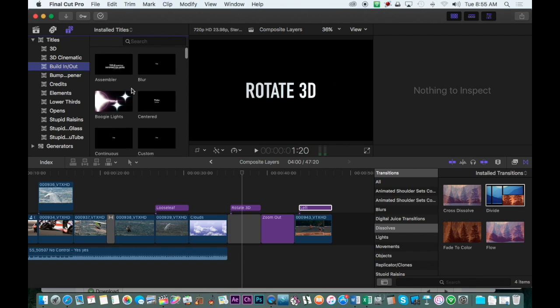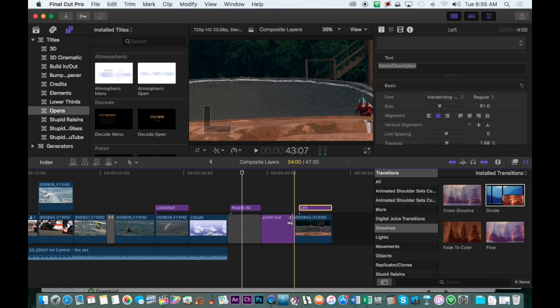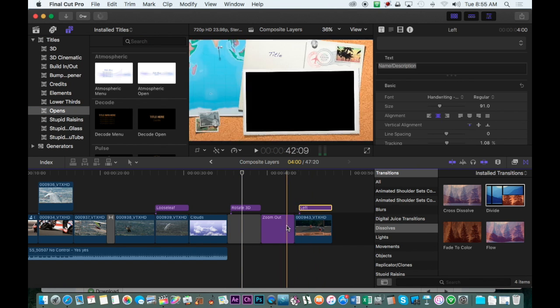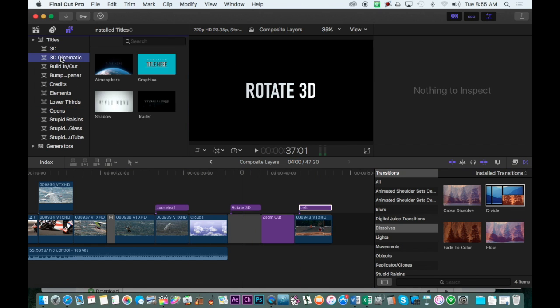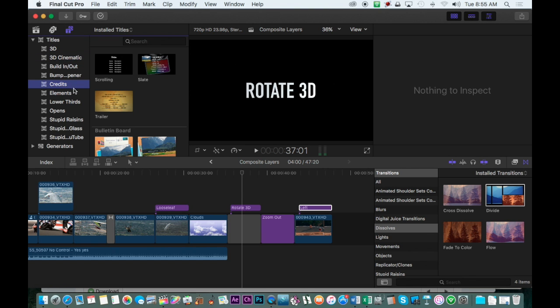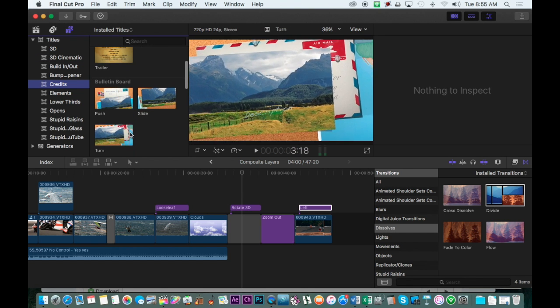See if there's any bulletin board ones in there. Not really. So we're looking for the different elements and things within these titles to make our bulletin board theme, and just do a few clips. Do it like 60 seconds long. If you're not finding the exact stuff that matches, like here's our bulletin board credits at the end,